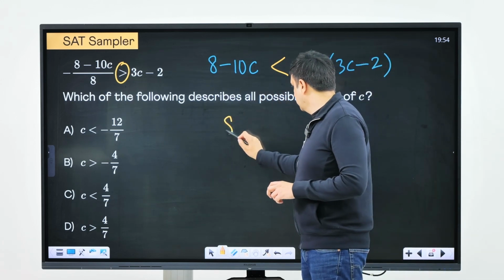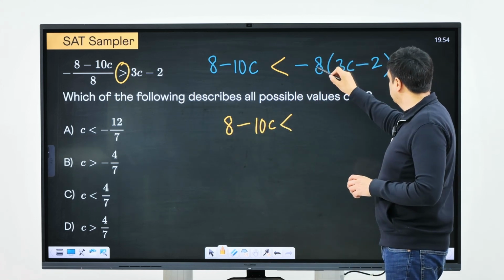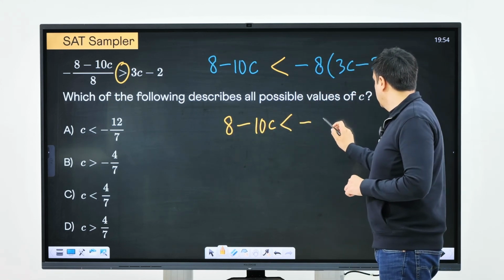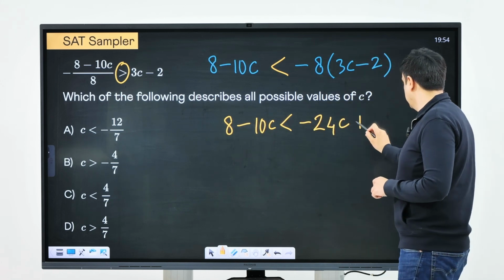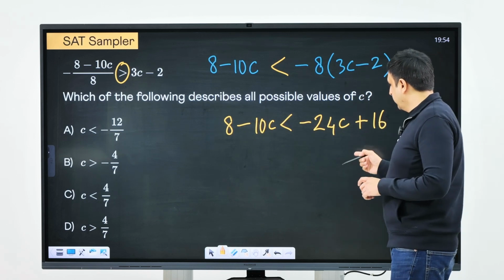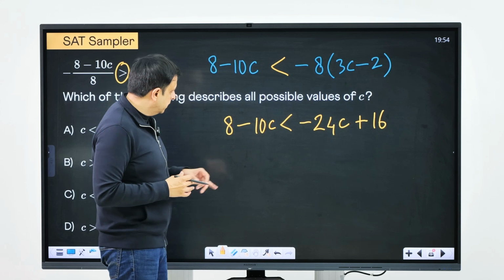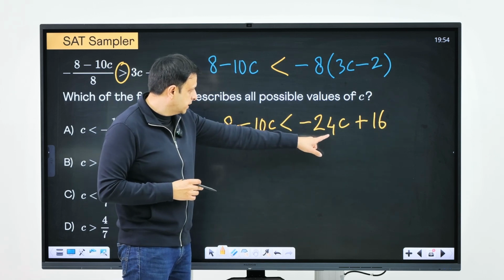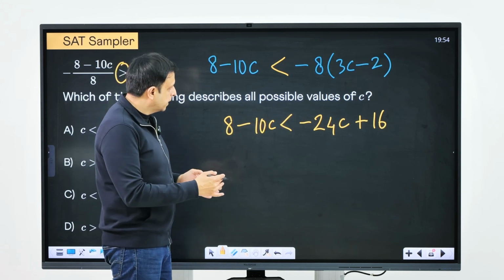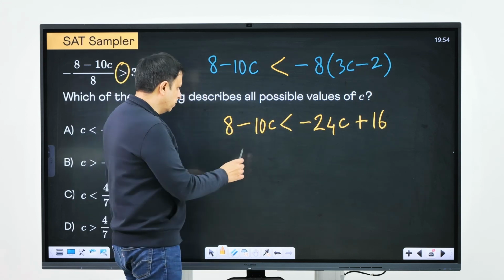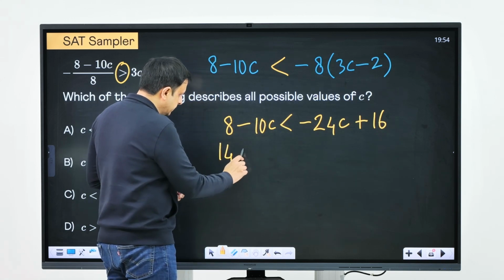Let's simplify this now. So 8 minus 10c is less than, now let's open this parentheses, negative 8 times 3c is negative 24c, and then we have negative 8 times negative 2 is positive 16. Okay, now we have to isolate c, so let's combine the terms involving c. So I have negative 24c over here, and then I have a constant 8 over here. So let's add 24c on both sides. So on the left, the 24c and negative 10c will become 14c. So 14c plus 8